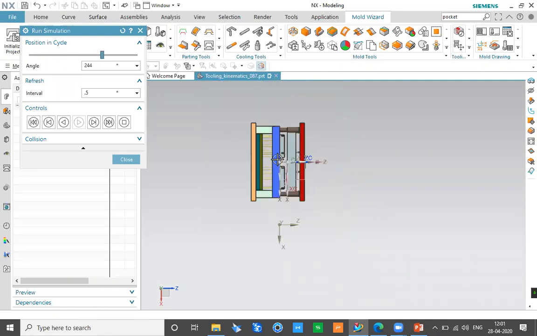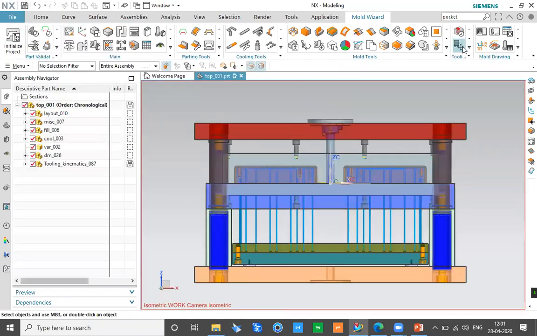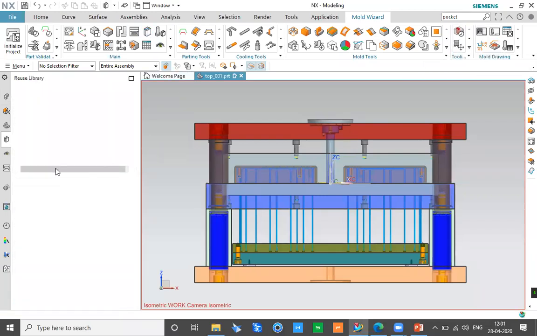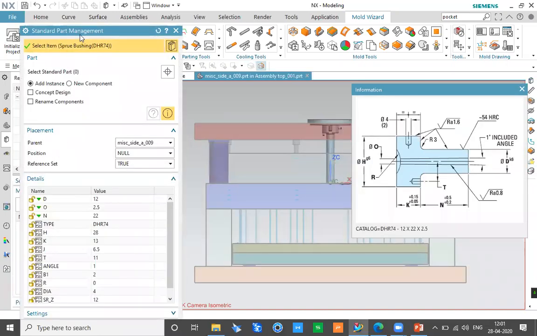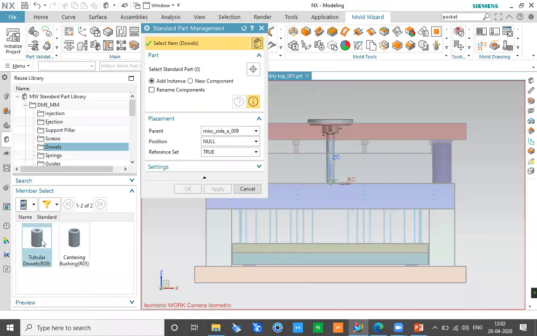So you can define various information about how things are going to work, and you can do a very complex study as well, because here we also have an option of defining the joints or the slides. So you can decide the lifter, define the joints, and user defined motion, and various other options can be defined. Not only that, in the standard part library option, we also have an option of defining all the relative components to the mold. For example, screws, as I already told you, dowels, we have dowel pins.